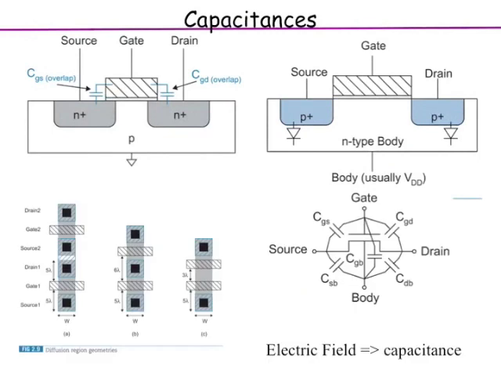Let's look into these capacitances a little bit. We haven't seen them so far. You already know of the capacitance between the gate and the channel, because there is an oxide or an insulation between the gate and the channel, and whenever you have charge separated by insulation, there is a capacitance. In fact, whenever you have electric field, you have capacitance, right? So you also have electric field from the side of this gate. The gate has some thickness, and from the side also you have electric field. So you have some capacitance on the side.